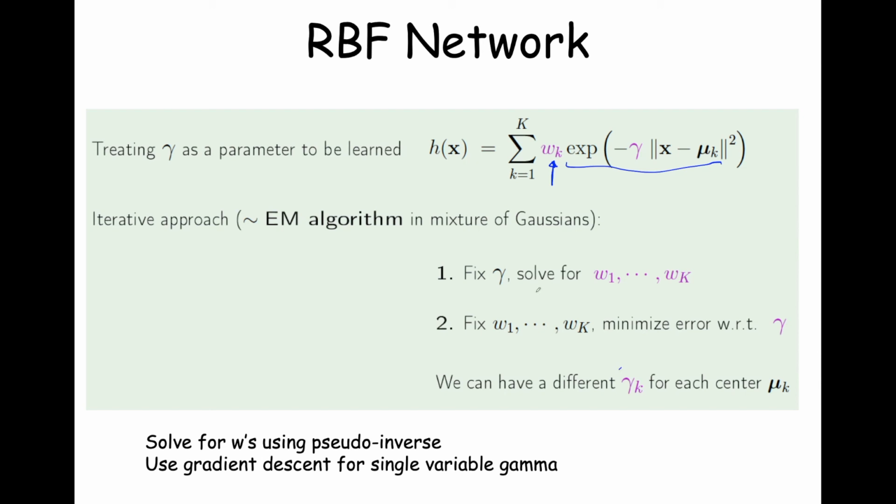You can do that different ways, such as through gradient descent, and then you get a different set of gammas, and then you set them, and then you go back and choose your centers as you usually do, keep them fixed, and then you go back to fixing gamma and solving for your W's. And then you keep doing that until your gamma settles down. And now, of course, you don't have to have the same gamma for each one of your centers. You can have a different gamma, and in doing so, you're saying, okay, count this particular set of points over this center,